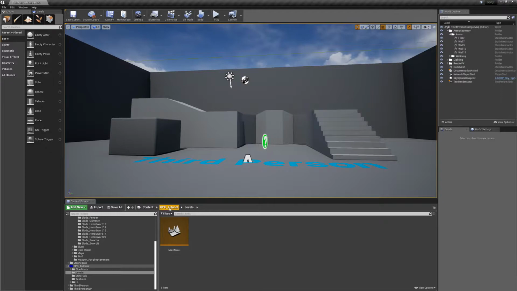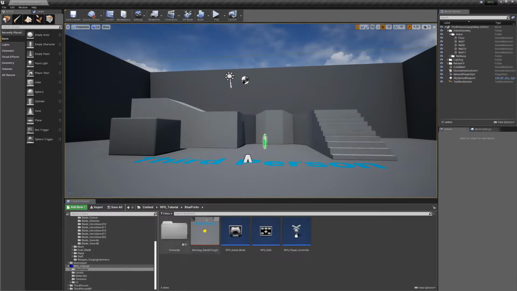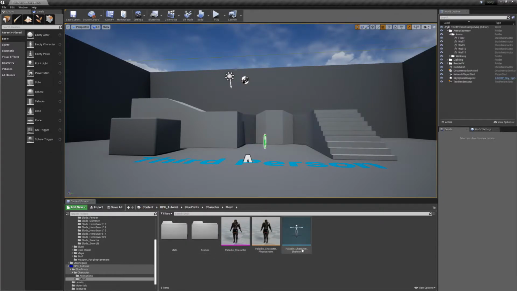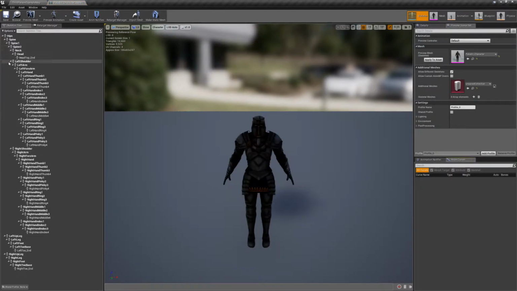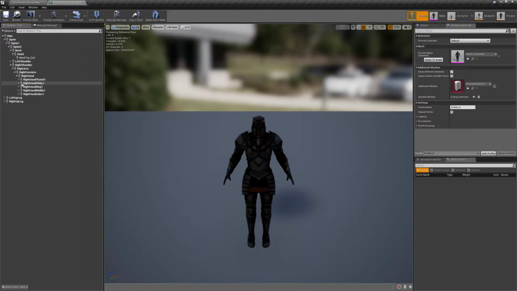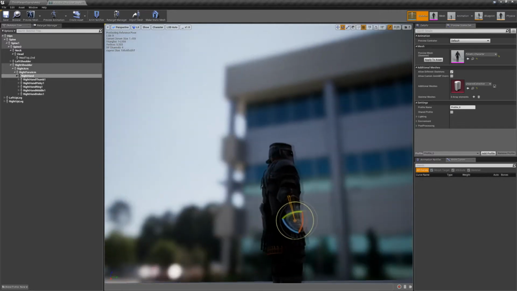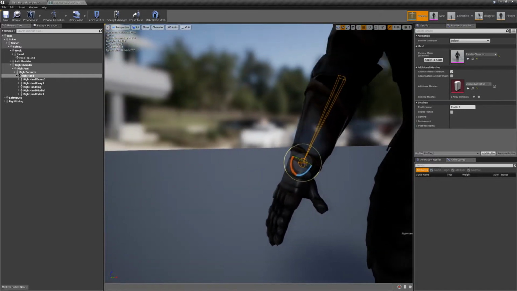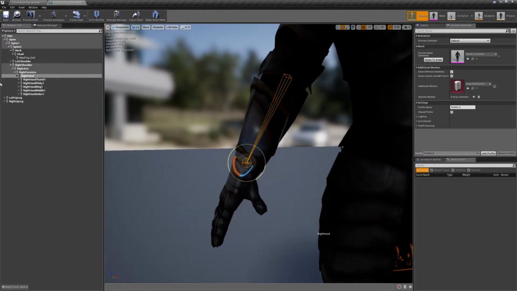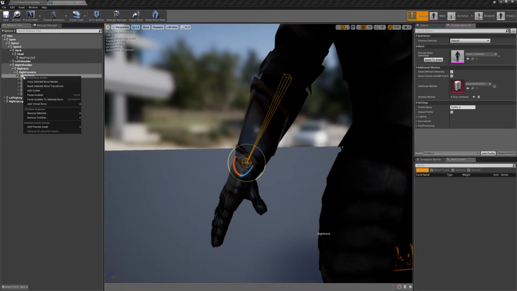Next thing we're going to do is create the socket in our character. So if you go into the character and find the skeleton, you're just going to close up some of these here. So right now we are at the right hand, and this is where we kind of want to have our socket to be. So right click on the right hand bone and just do add socket,